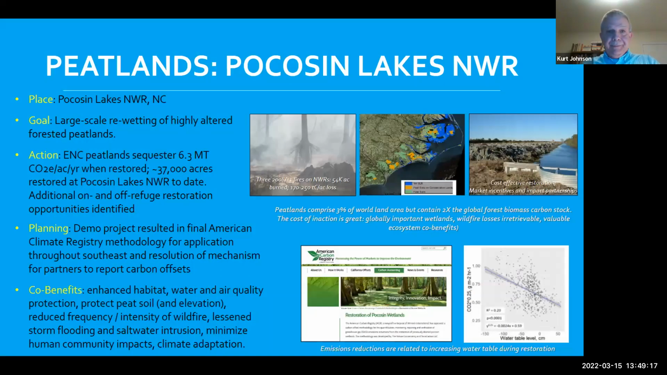Next slide. I feel a little bit strange talking about Pocosin Lakes National Wildlife Refuge because this is Sara's stomping grounds and this is all Sara's work, and she should rightly be the one talking about this, but I have the honor and privilege of talking in her stead. Pocosin Lakes in eastern North Carolina has extensive peatlands. For a considerable period of time now,